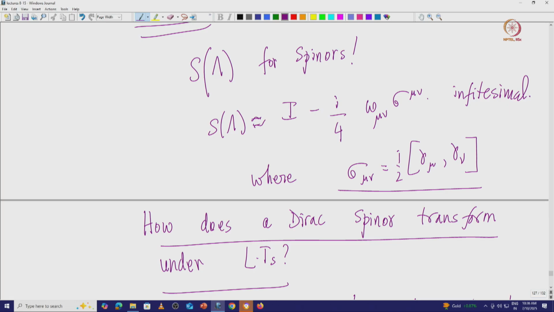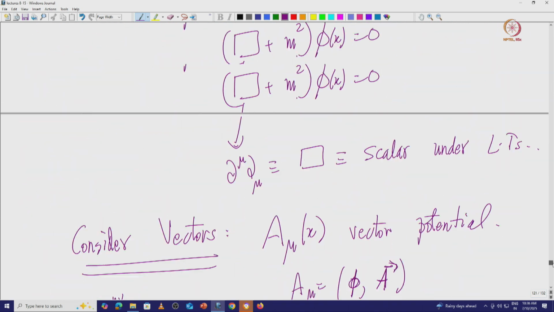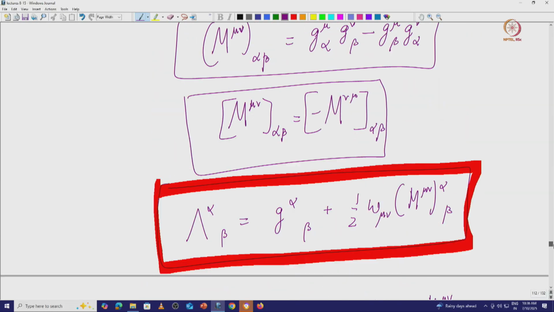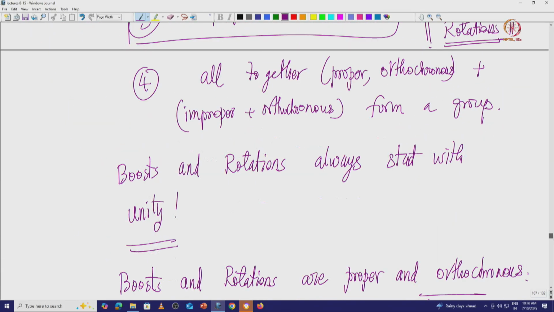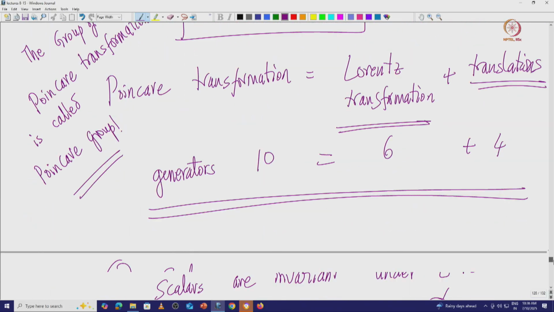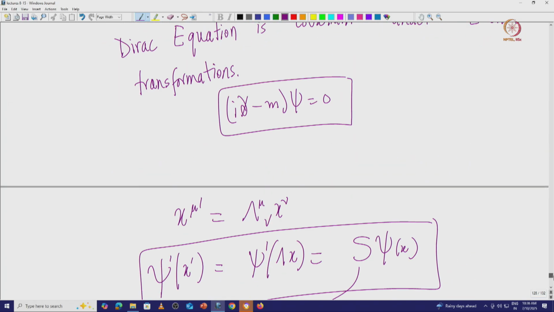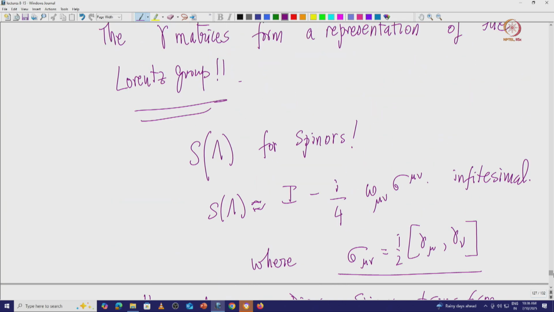Now we went further. This is one step, but we went the other way around. We asked: how does a Dirac spinor transform under Lorentz transformations? All this we achieved with a lot of work, essentially understanding the Lorentz group, Lorentz transformations, all the group theory, unitary groups, all that stuff, and then we achieved that this guess holds: the Lorentz transformations should have gamma matrices as generators on spinorial space. Up to here we received.